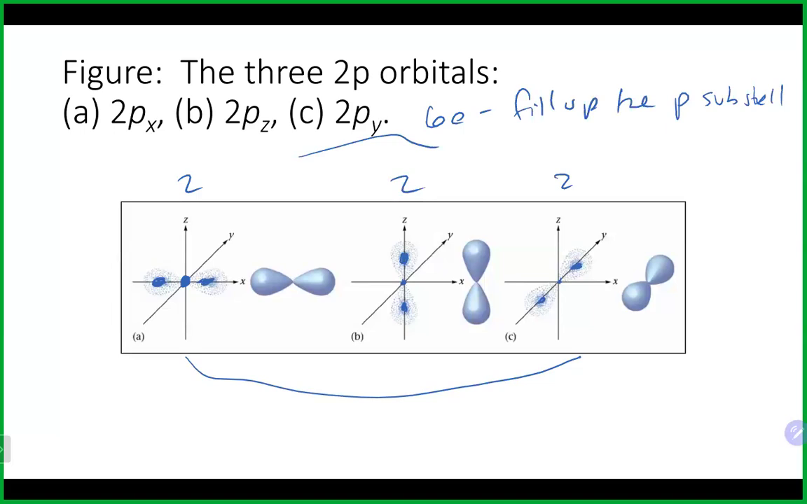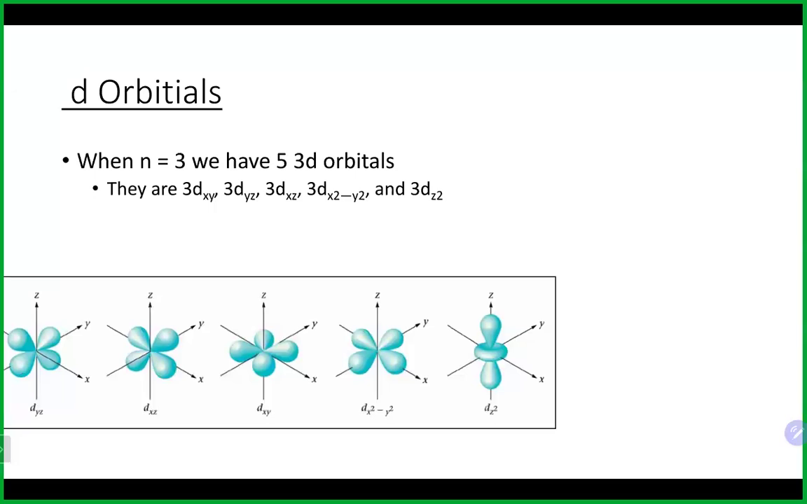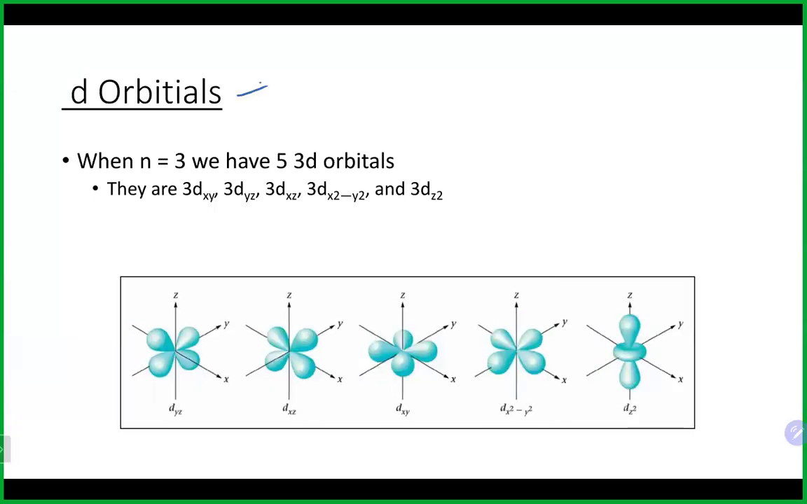So the first energy level is where we first start to see the s orbitals. We have to wait to the second energy level to see p orbitals appear. So that brings us to the next type of orbitals, which appear on the third energy level. And these are the d orbitals. The d orbitals, again, start at